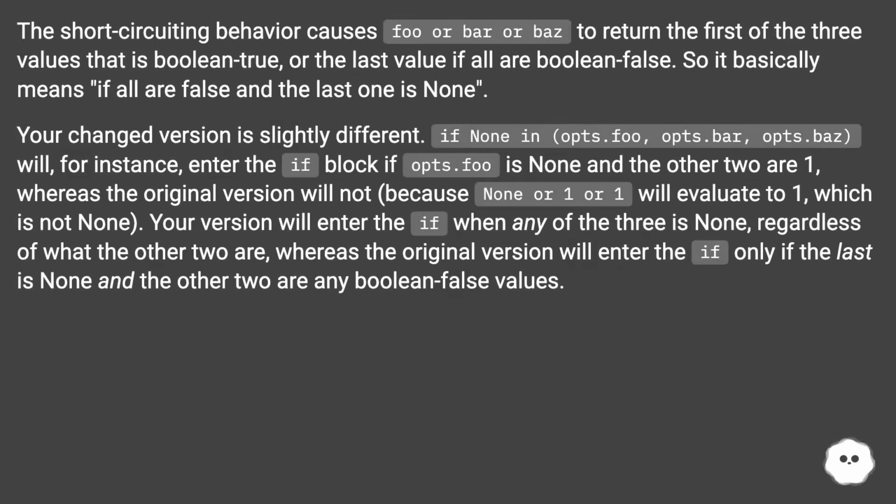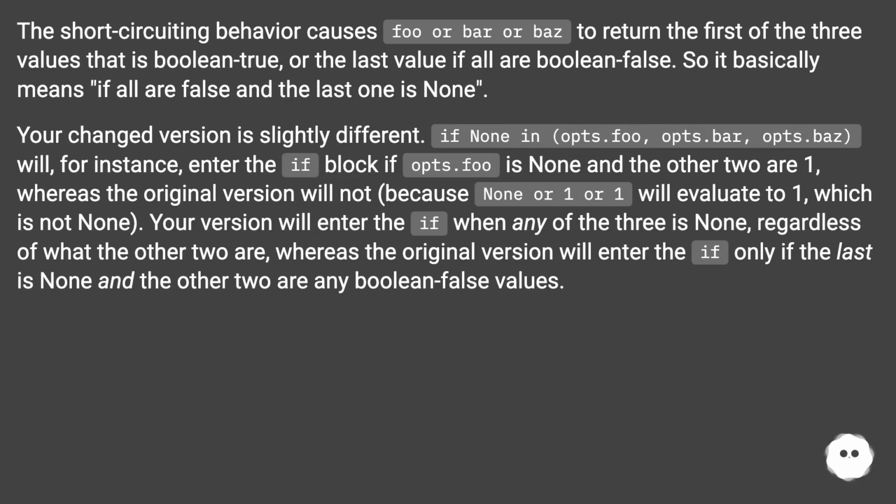The short-circuiting behavior causes foo or bar or baz to return the first of the three values that is Boolean true, or the last value if all are Boolean false. So it basically means, if all are false and the last one is none. Your changed version is slightly different. If none in ops.foo, ops.bar, ops.baz, will, for instance, enter the if block if ops.foo is none and the other